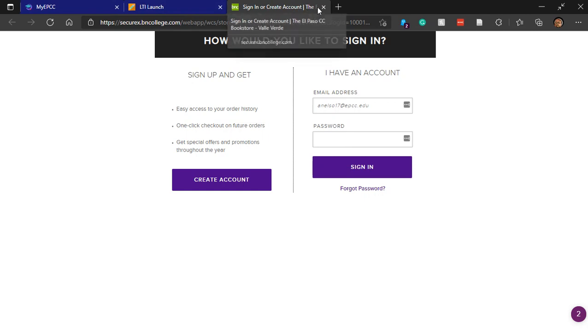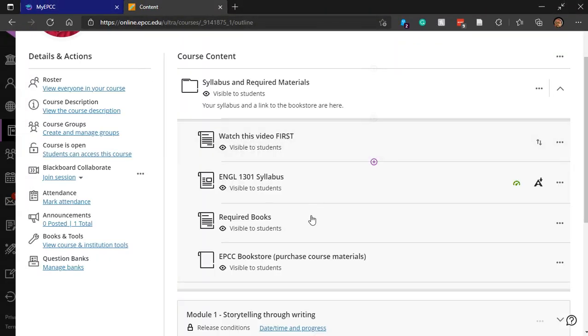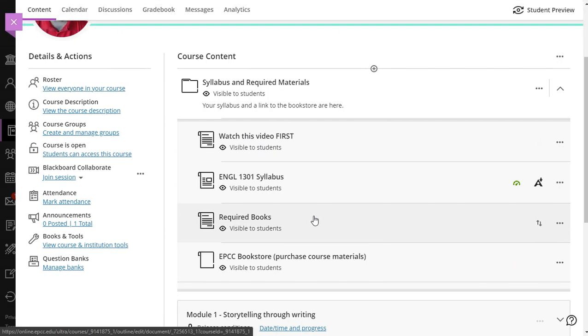Okay. Now, I don't need to purchase the textbooks because I already have mine. So I'm not going to do it. But you should probably go ahead and finish that if you're going to buy your books from the bookstore, and you don't want to go wait in line at the bookstore on campus. Now, you can buy the books from Amazon or Barnes & Noble. As you saw, our bookstore is actually run by Barnes & Noble, so, there's corporate greed for you. But